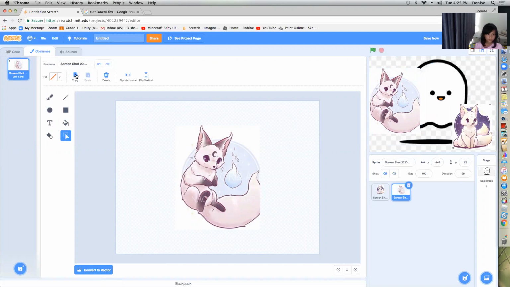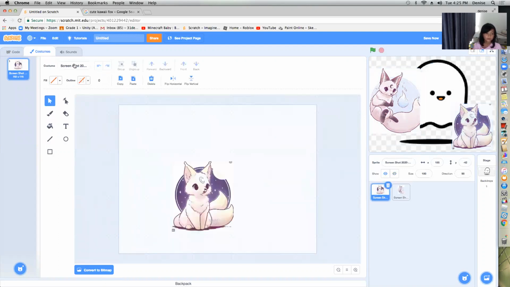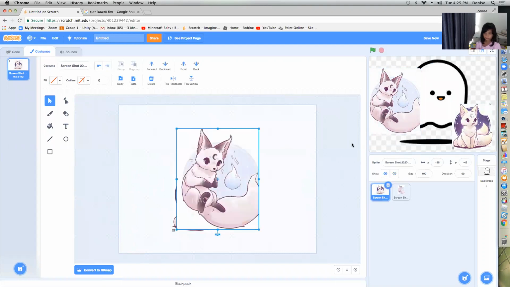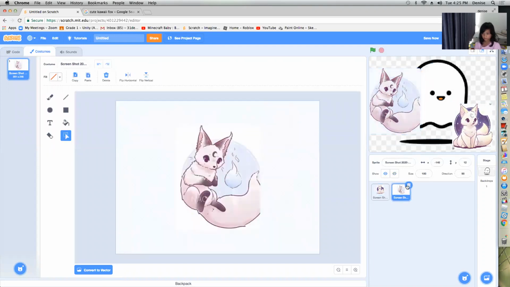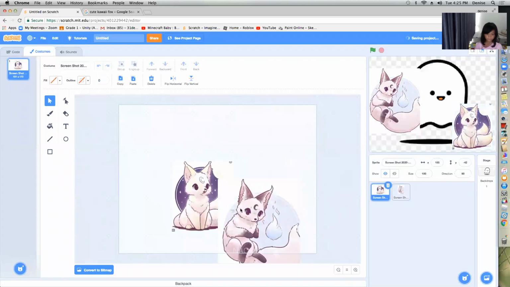This one copy, and here paste. Then erase it.